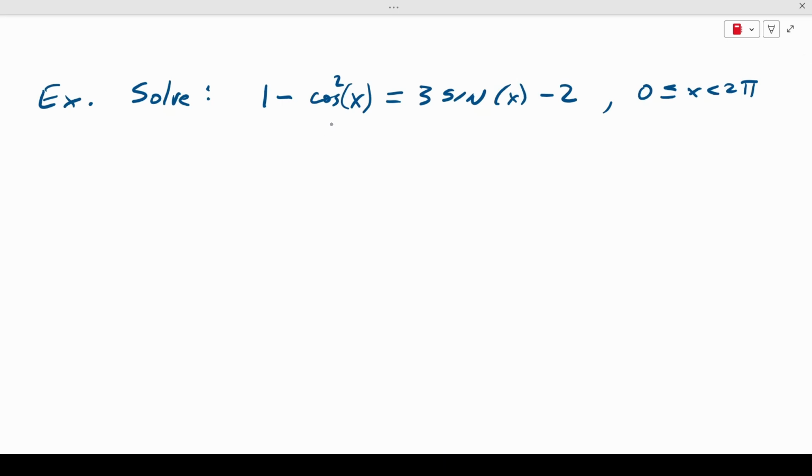I'm thinking I've got cosine of x and sine of x. I need to somehow get those to both be the same thing. I do not have a double angle here, so all the double angle identities are not going to be helpful to me. Some difference, those aren't going to be helpful. I need to be looking at reciprocal, which won't be helpful because there's no cosecant, cotangent, or secant. Looking at Pythagorean identity, that looks good to me. This is looking like a Pythagorean identity situation,